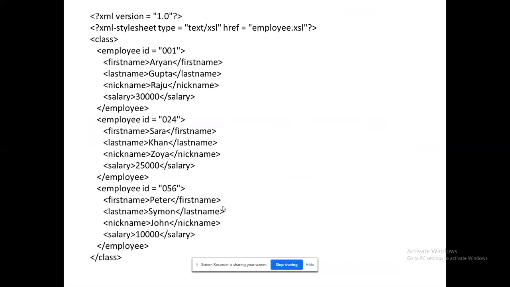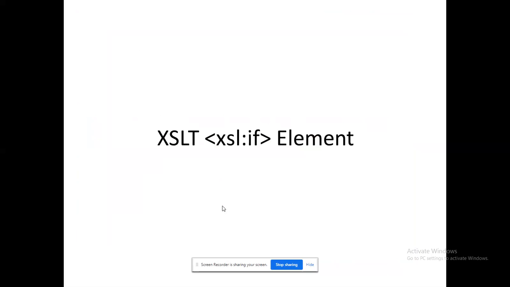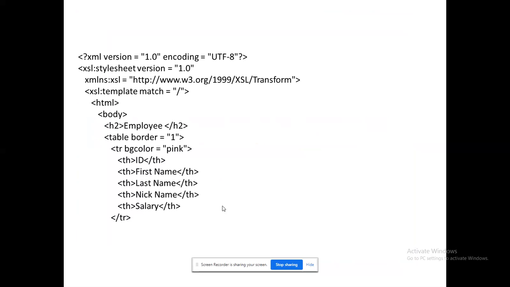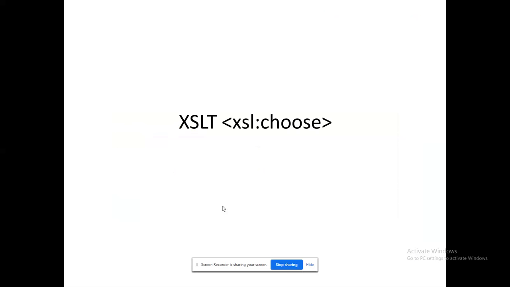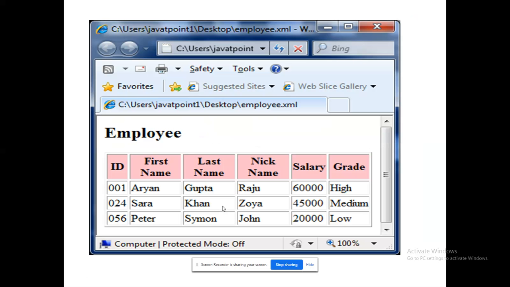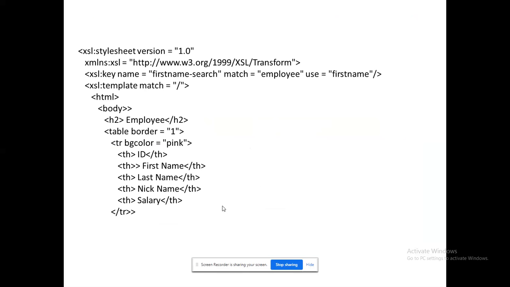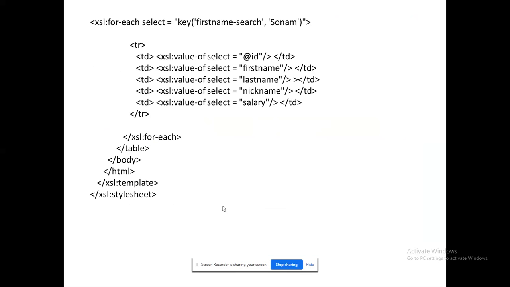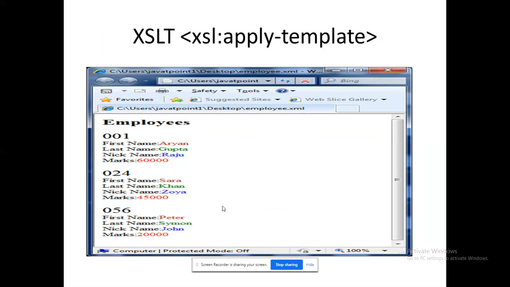I could arrange it. I have the tags for XML short. I could arrange it based upon my tag. I could do my control structure activities, XSL if, if it's available, right? So based upon a query that is generated, choose, right? So I could work with the corresponding tags, XSL key, right? So I could work with very specific queries also, like my subqueries.